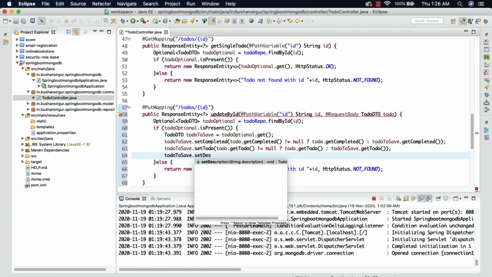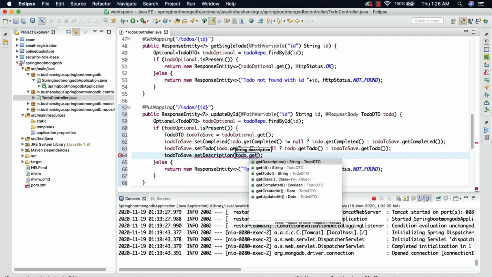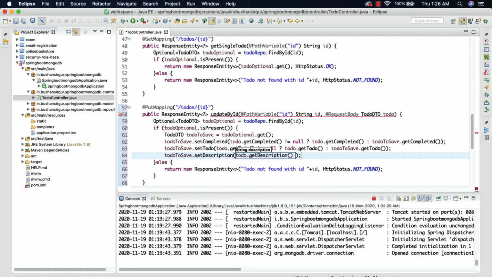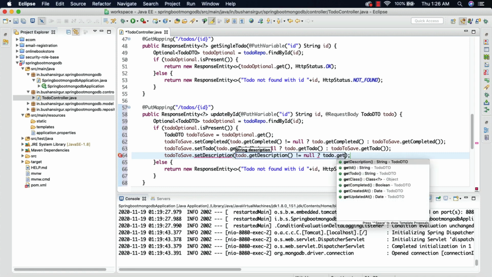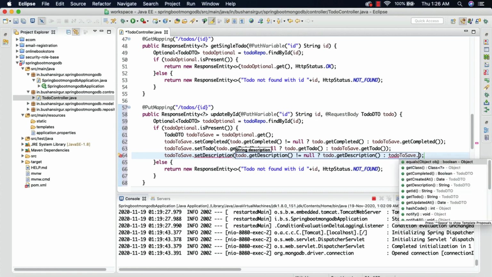Set description, todo.getDescription is not equal to null. Then todo.getDescription, otherwise todoToSave.getDescription,